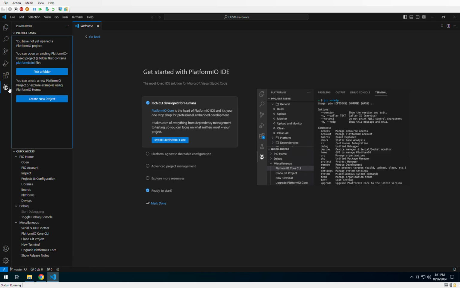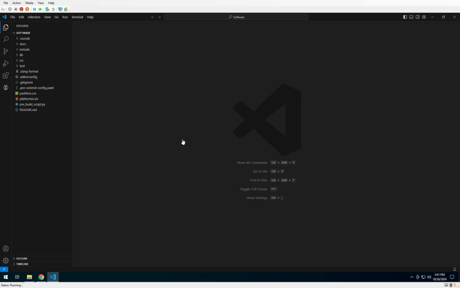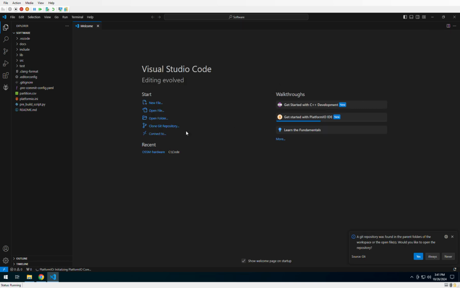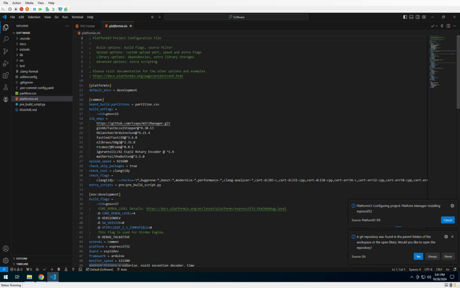Now go to PlatformIO, this new alien icon that's here, and then you'll pick a folder to open. This should take you right into your code folder. Go to Awesome Hardware, and then select the software directory. And now we're in. It's showing the PlatformIO configuration to start with,